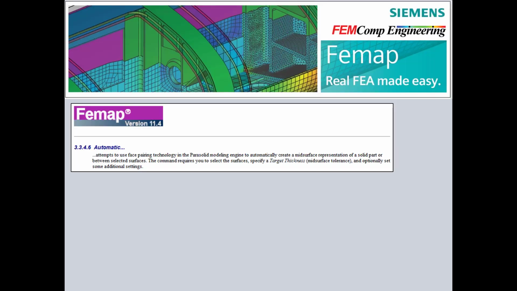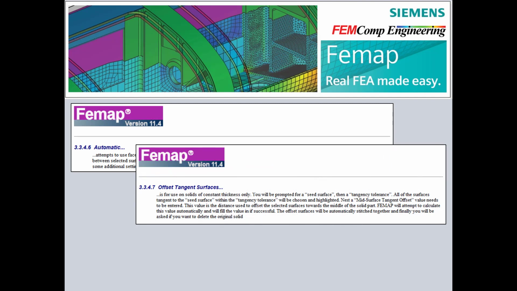Geometry mid-surface tools like Geometry Mid-Surface Automatic and Geometry Mid-Surface Offset Tangent Surfaces can be efficiently used for the model which will be meshed using shell elements. For more information, please launch Chapter 3.3.4 from FEMAP help folder or contact us using email